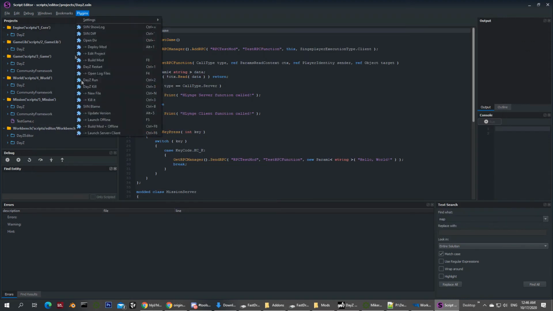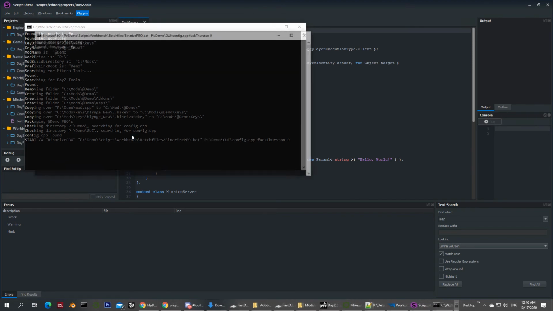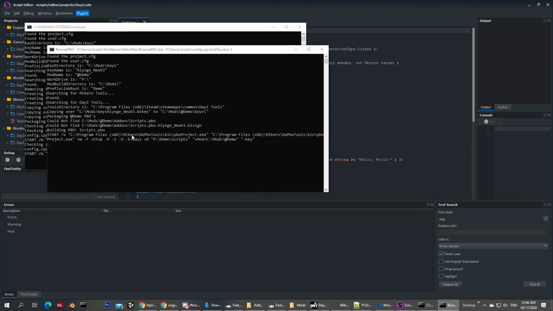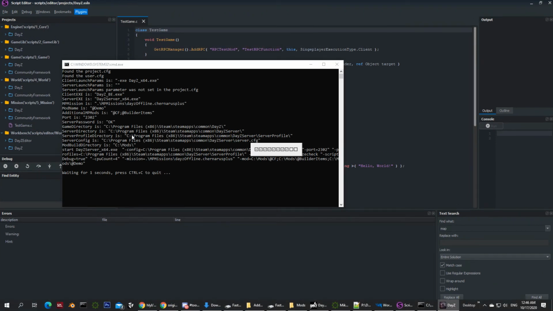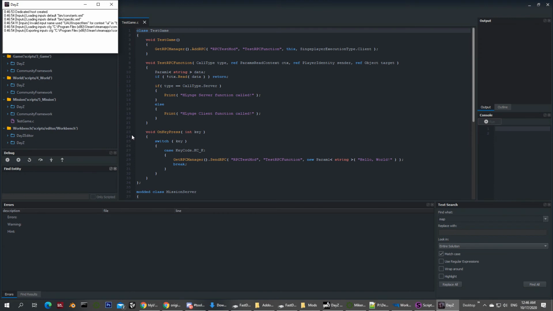When I do the same in order to test it, I actually just press launch server and client. It automatically first builds the mod, or deletes the old version of the mod, builds a new version of the mod, copies that to the C mods, then starts a server where that mod is loaded up.